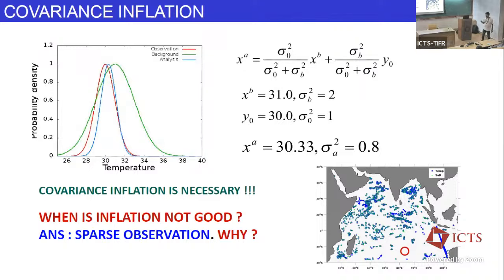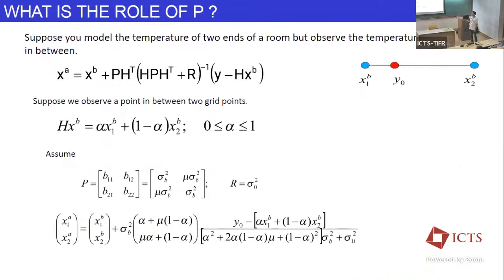So next, there is another simple example. The question is, what is the role of model error covariance? Anybody? If you know, then I will skip it. What is the role of this P here? Apart from this ratio that we have seen, of model error variance and observation error variance, what is the role of P? Okay, so we'll understand this.